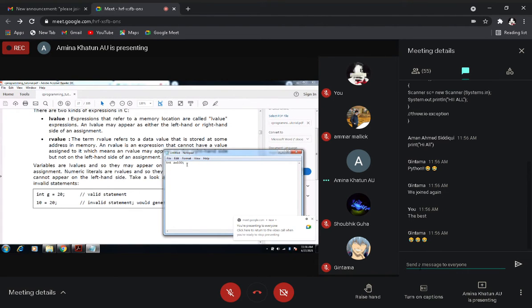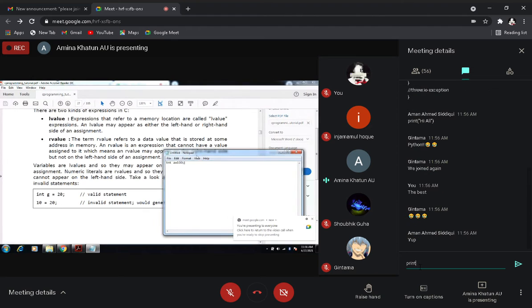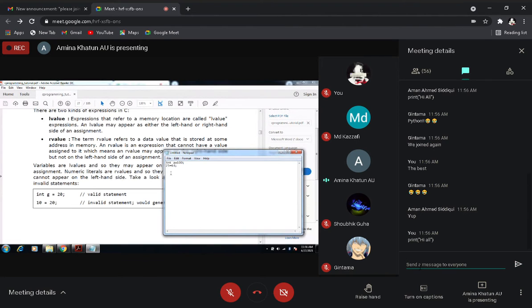One example given is 10 equal to 20. If you put it this way, suppose 25 equal to 6, this is an invalid statement. We cannot put a data value in this way, so this will generate an error. So int a equal to 100 is valid, and this 100 is an R value, and a is a variable, a is an L value.